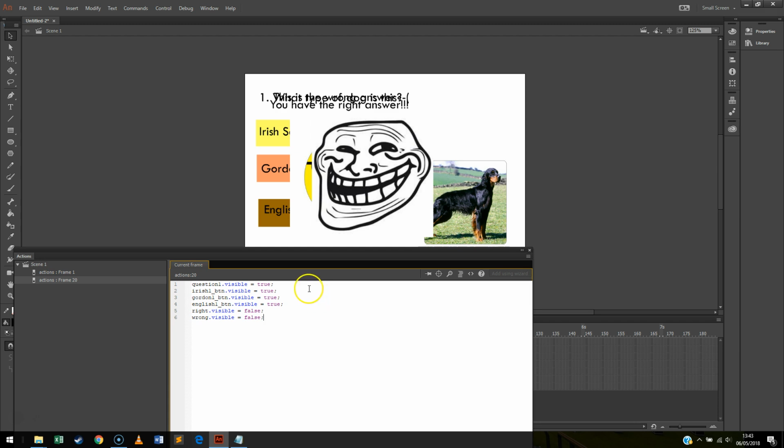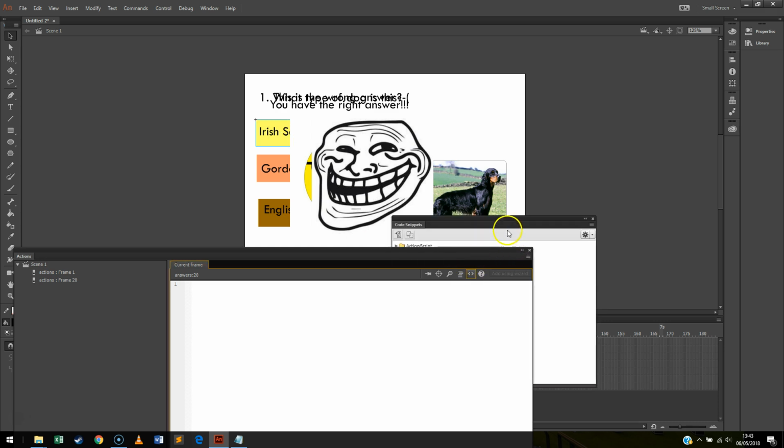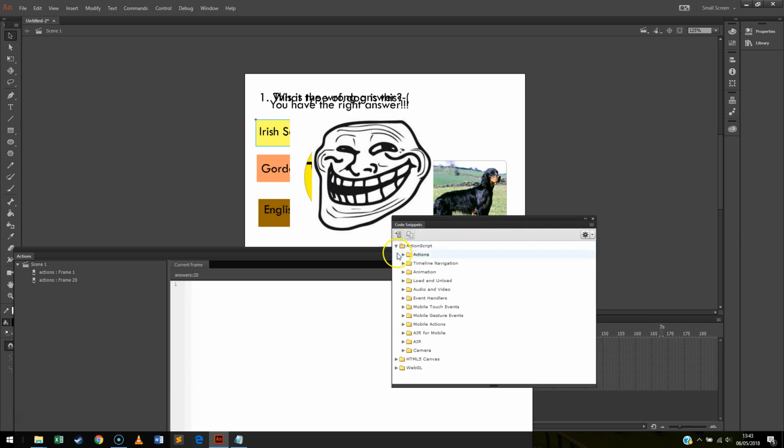So when the user clicks on the button, it's basically going to toggle or have the effect of toggling these options from true to false. It'll basically be the opposite way round of what it is currently. So what we do to achieve this effect is, first of all, choose one of the buttons. I've just clicked on the top one here, which is Irish Setter, and I'm going to use one of the code snippets in here,